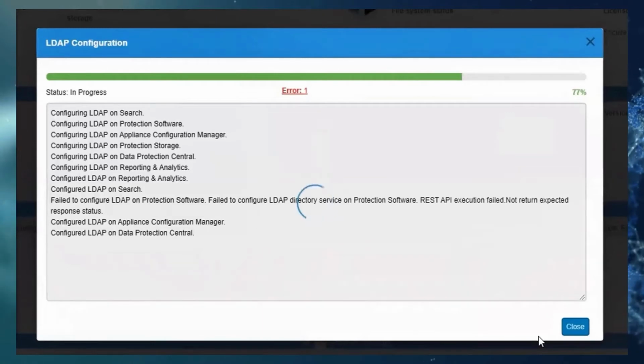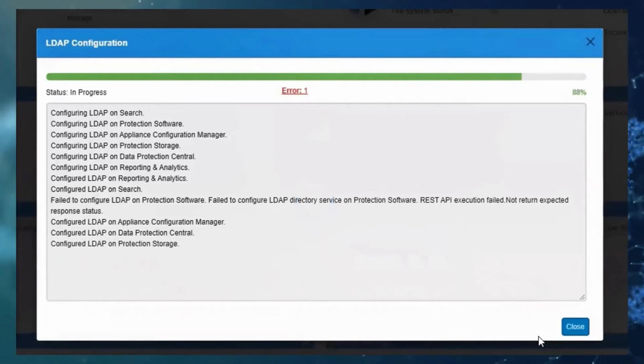As you can see, it said it's failed on protection software, which is the Avamar software inside our stack. There was REST API execution failed. Once again, I'll show you what the issue is and a quick bit on troubleshooting that issue.